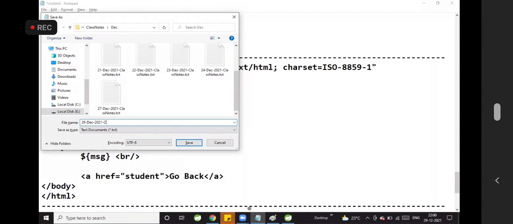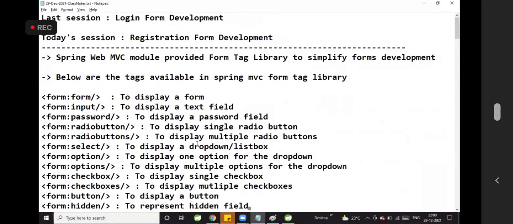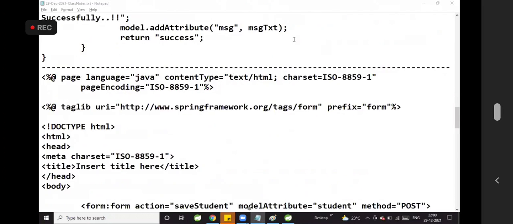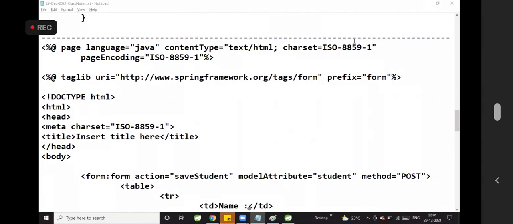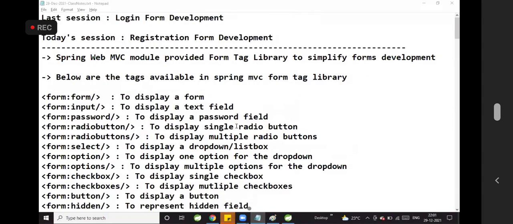Currently, I'm not communicating with the database. I'm just teaching you WebMVC concepts. Once you are clear with these WebMVC concepts, we need to develop one web application which contains both login and registration with layered architecture. Yes, in the post method also you can use query parameters and path variables, Ismail. In the post method, you can use query parameters, path parameters, and request body also. Please practice this registration form example before coming to tomorrow's session. Tomorrow I will clarify all your doubts, and tomorrow we will see layered architecture.